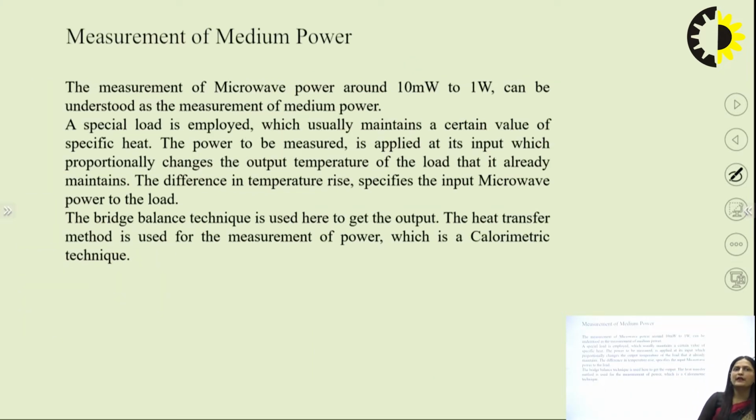Next is the medium power. Medium power meaning the power between 10 milliwatt to 1 watt. This is the medium power. In this, a special load is employed, which usually maintains a certain value of specific heat, and the power to